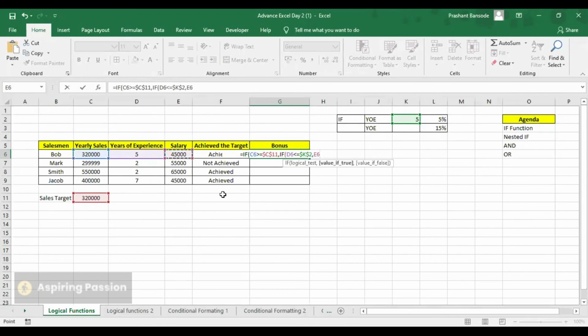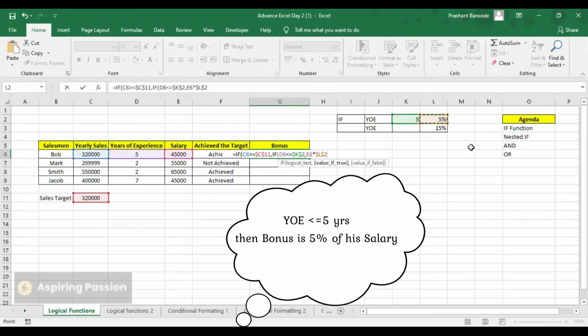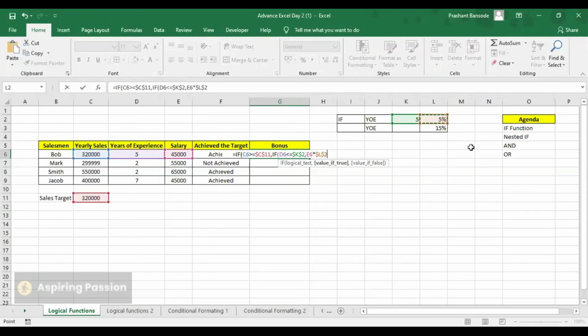So 45,000, I've selected that cell, multiplied by 5%. Again, this is going to be my absolute reference. I'm going to lock this cell by pressing function F4. This is my first criteria. If it is less than or equal to 5 years, then please give him a 5% bonus based on his salary.